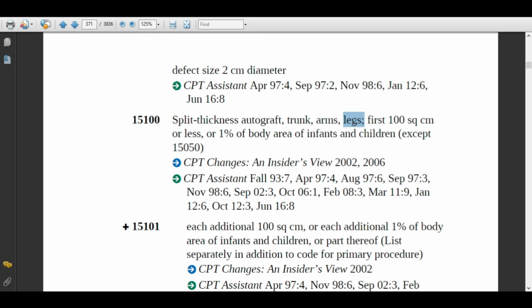What code will you assign? So to assign the code, you just need to remember the guideline: add the diameter of the same anatomical site or different sides of the body group. Then for trunk 100 square centimeters, arms 100 square centimeters, and leg we have 1 square centimeter. The total is 201. So for the first 100 square centimeters you will assign 15100, and after that you will assign twice